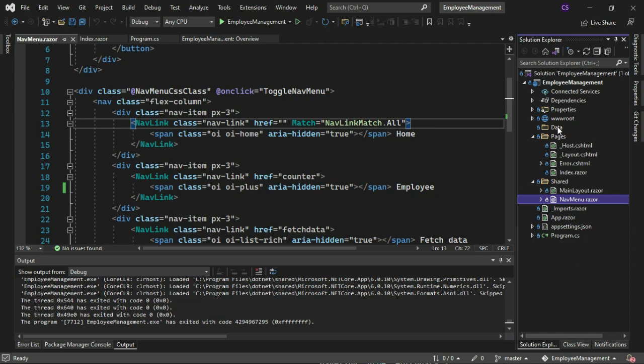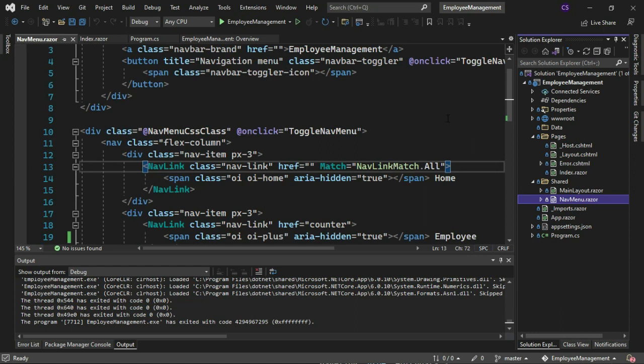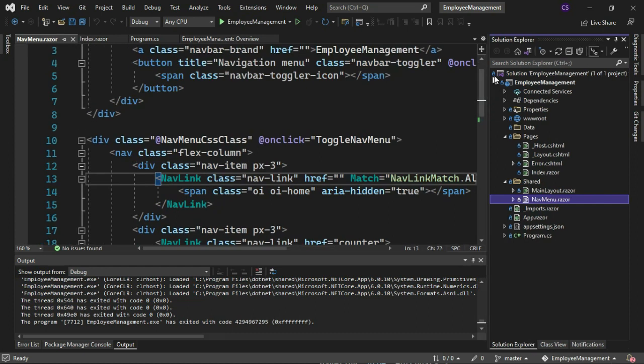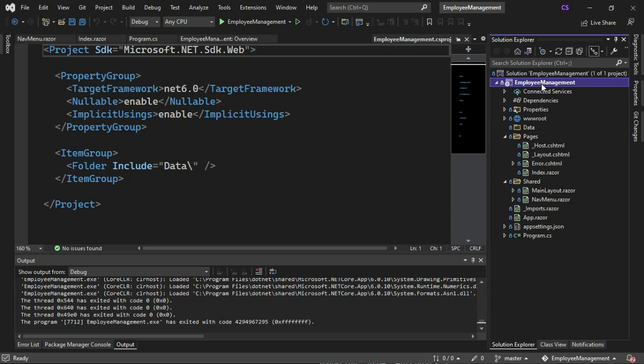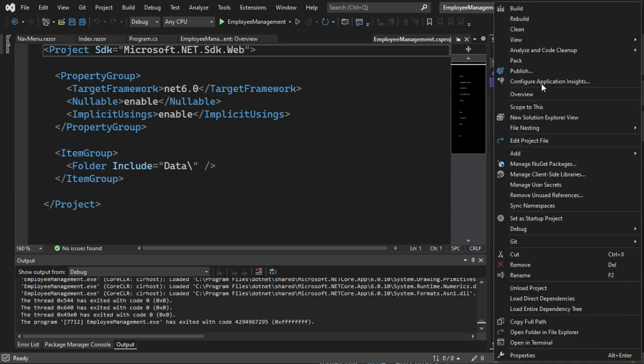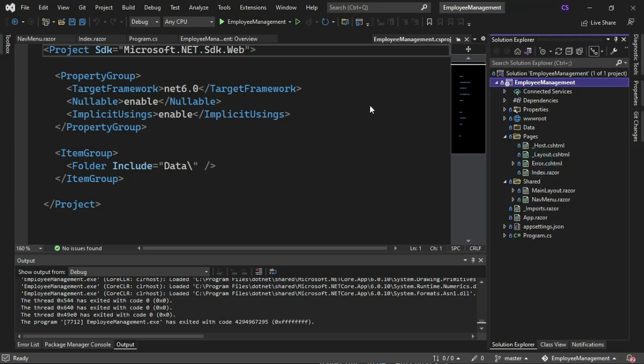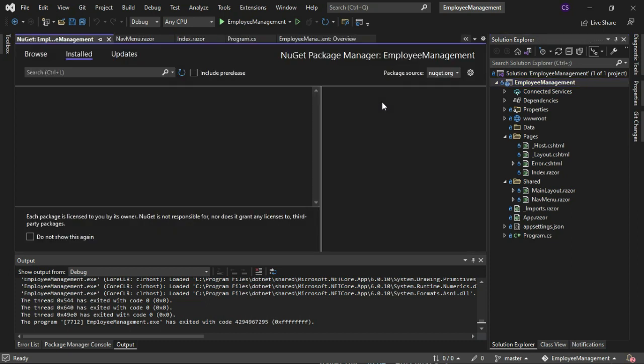First things first, we're going to right click on our project. Note that there are two things here: a solution, which is more like the parent file, and then the projects inside the solution. So we're right clicking on the project, then selecting Manage NuGet Packages, and we should have our NuGet package manager open. We're going to install 4